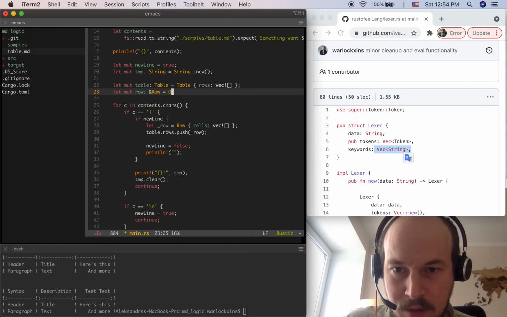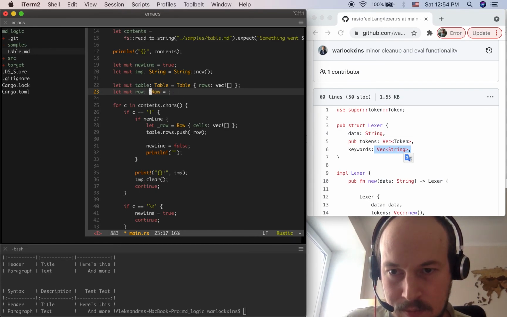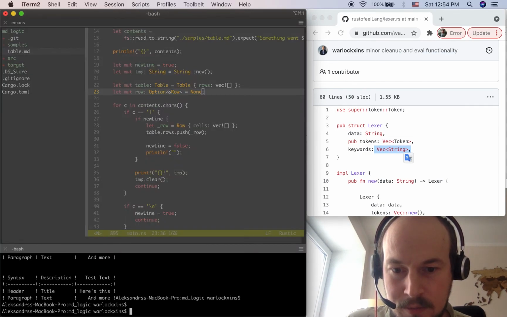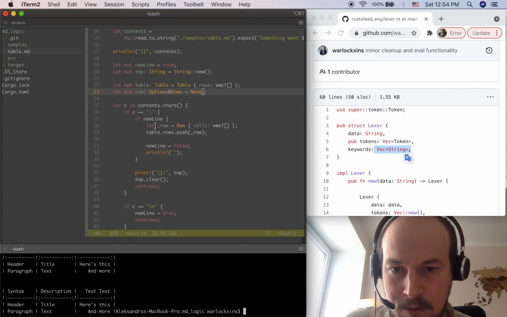I think it should be an option. It should be reference to a row, and it's going to be none first. Will it compile? Still compiles, and